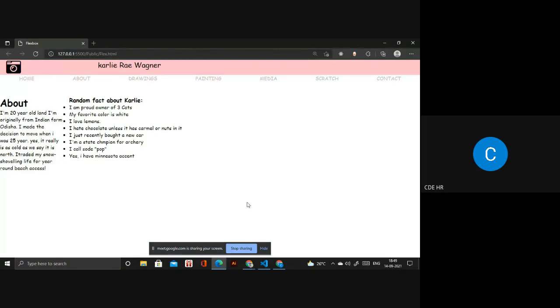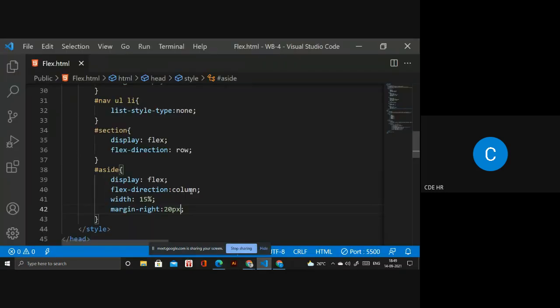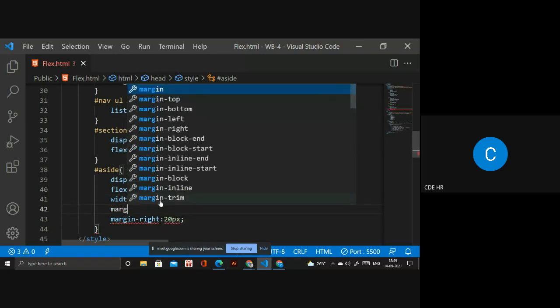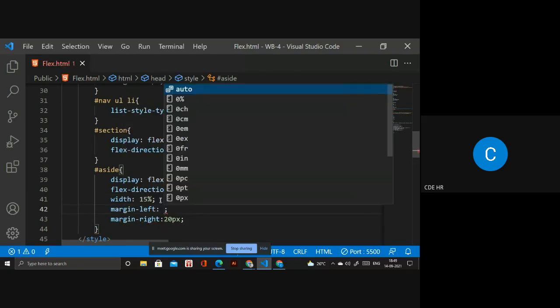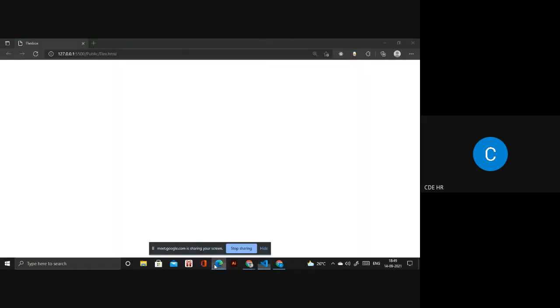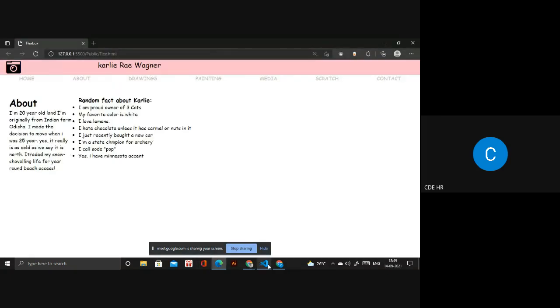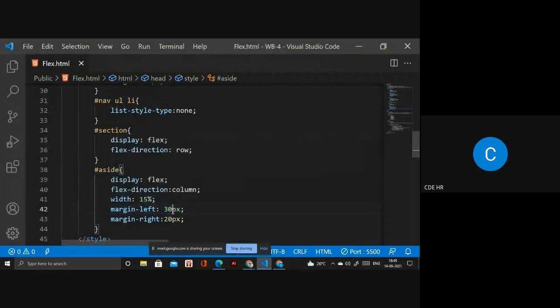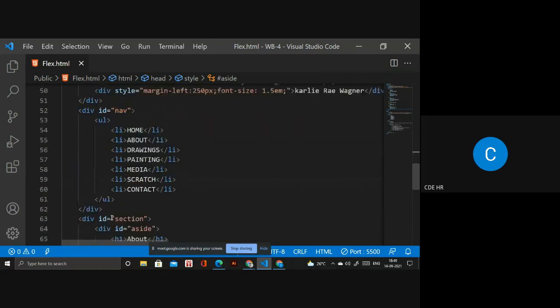Okay, so I need margin left as well. It's like 30 pixel. Okay, if you want more space like margin right, then you have to use it. By the way, you can use it inside the main section.